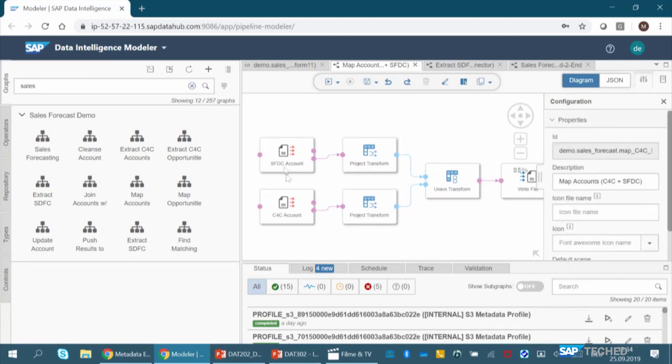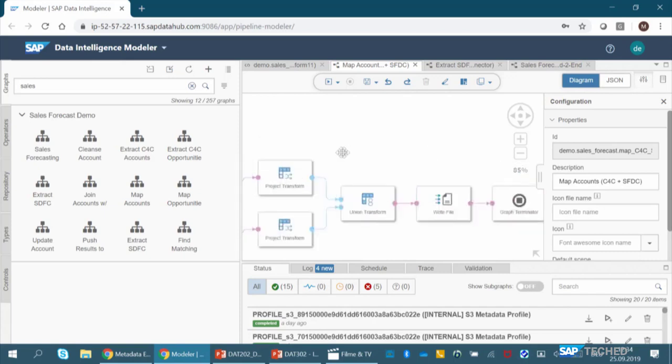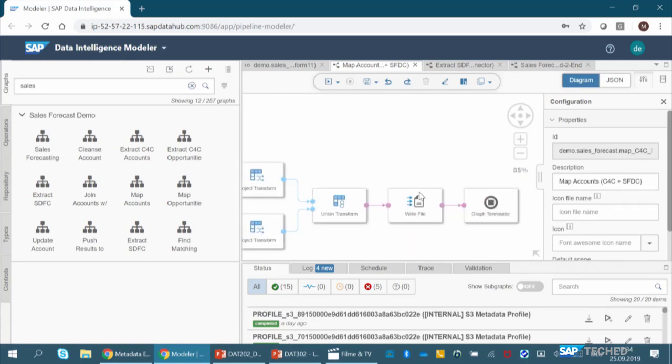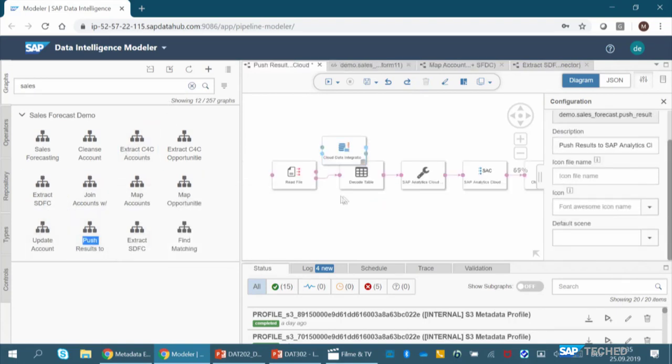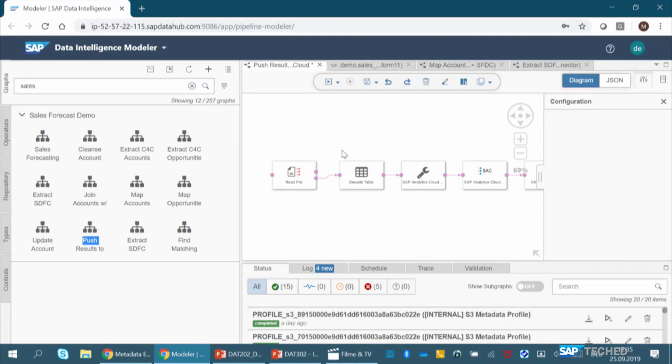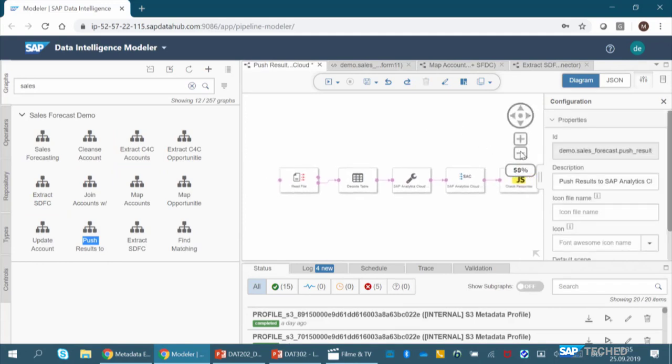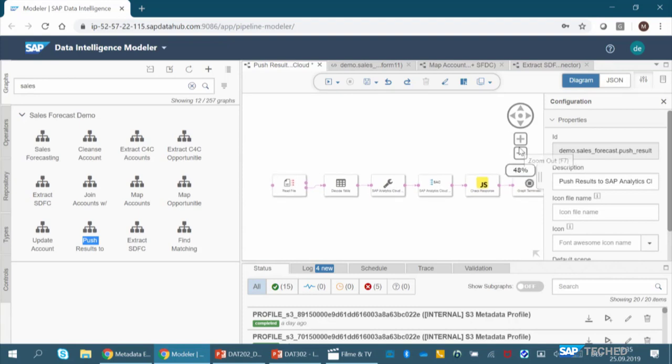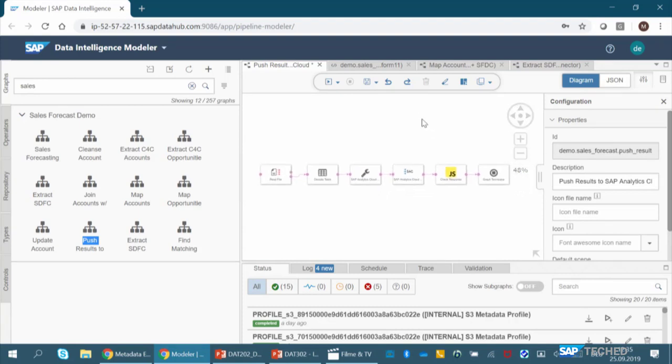We do a projection out of both files, and then we use the joined result and write it back to then in the end have a final pipeline which looks like that, which I destroyed before. Oops. Maybe I just screwed up another session. Where you then read this file again and then have the push to Analytics Cloud, where you then have